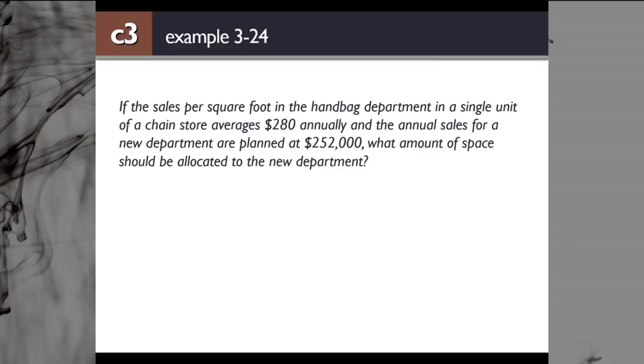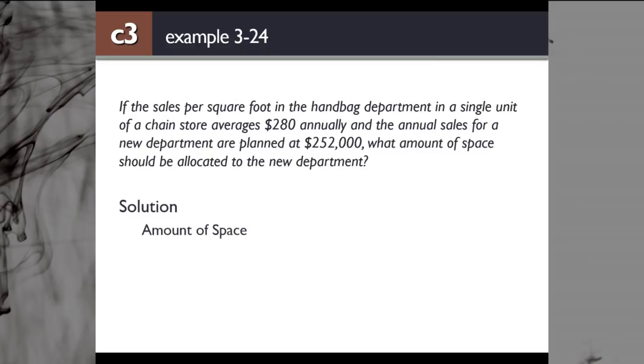You have the handbag department, and you want to have a new department to make certain sales. Now you know the annual sales from the previous department, so you can predict how much space you need for the new department that you're going to open. In this case, the sales space that you need is going to be